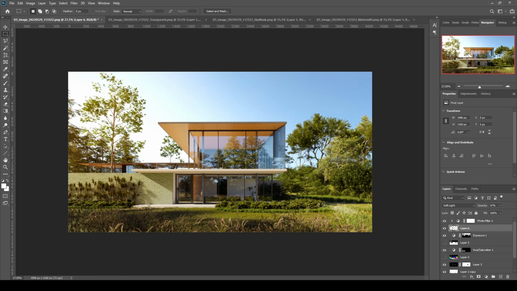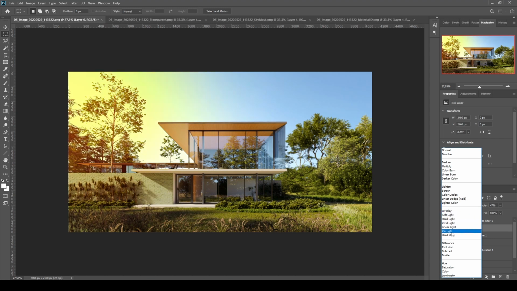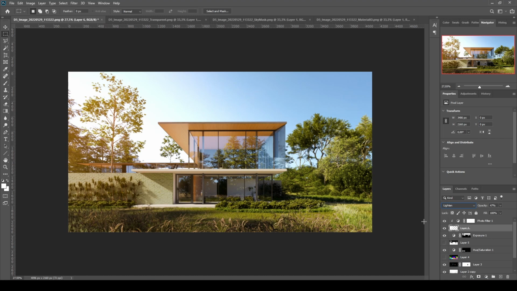Also, if you want to see the yellow light more prominent, you can go to overlay or screen or lighten. I choose lighten here. And if we increase the opacity here, we have a very nice sun glaring effect in our scene.